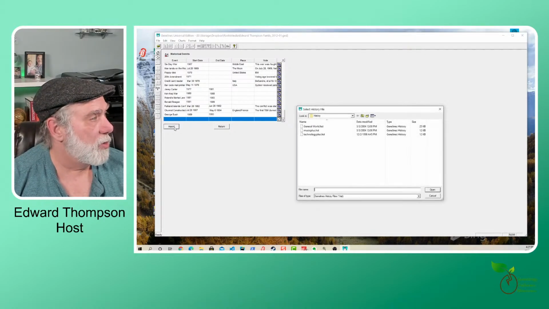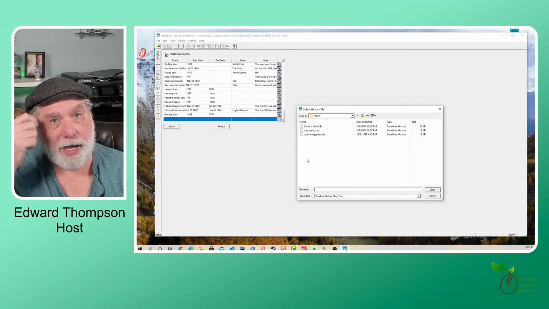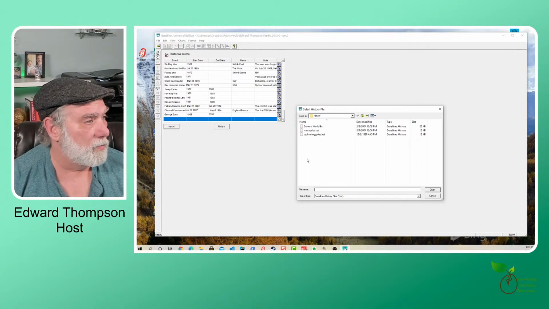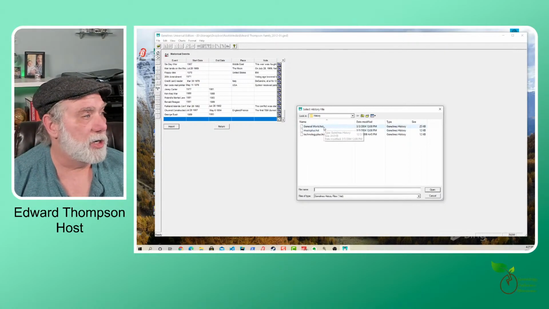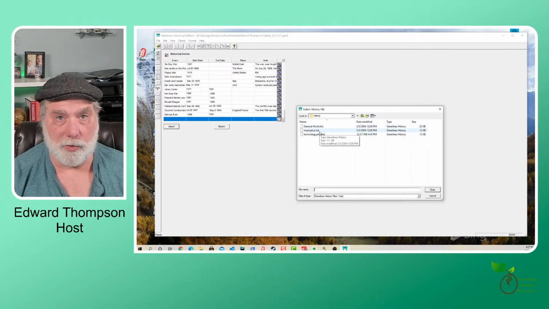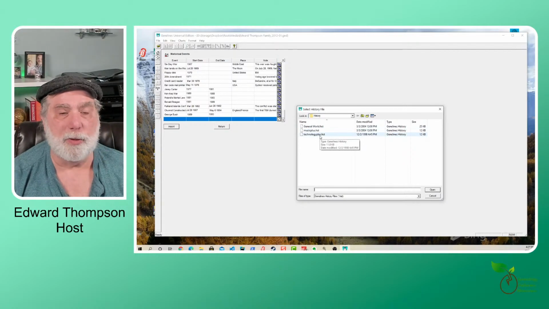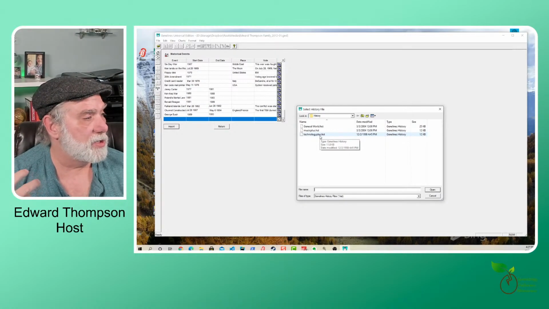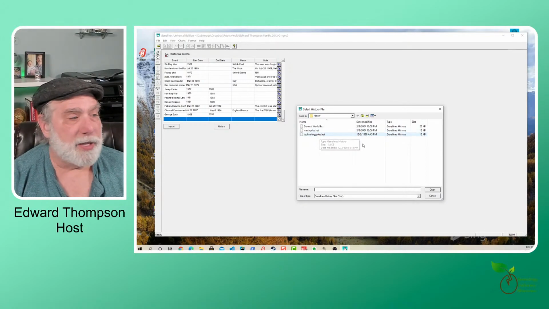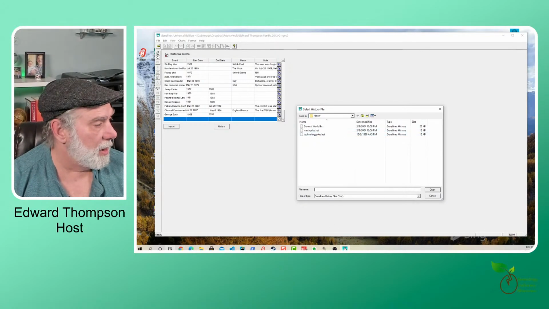Now I'm going to click import, and you'll see that Genelines came with 3 files: a general history file, a music file about things that were happening in music, and a technology plus file, which is probably where the invention of the telephone and the light bulb came in. So you can load various history themes. But the other thing that you can do that I liked